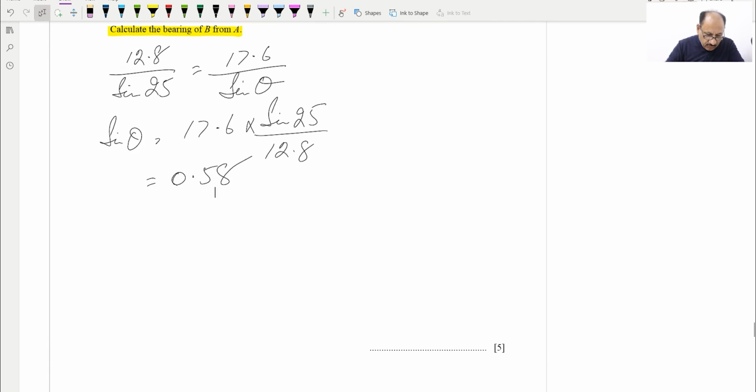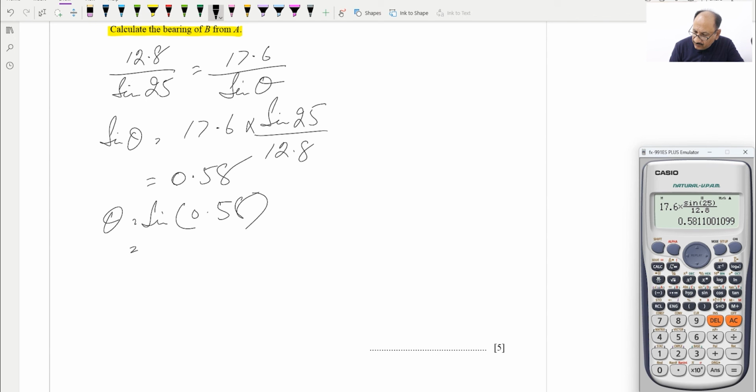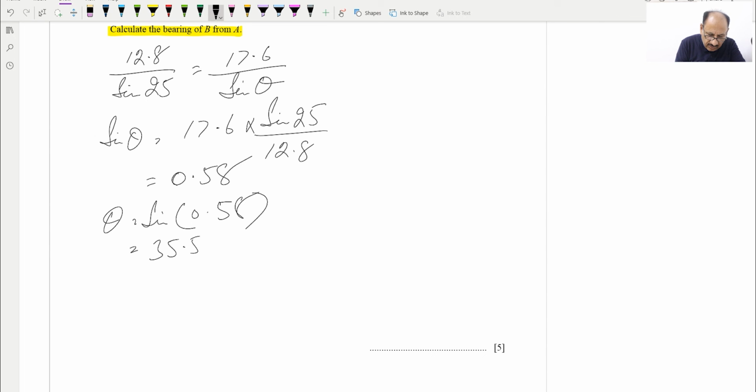Further we need to find theta. So theta will be equal to sine inverse of 0.58, and this one we can take sine inverse. Shift sine of answer will be giving us 35.53 degrees. And now we can find the obtuse angle. So obtuse angle will be 180 minus 35.53, and this will be giving us